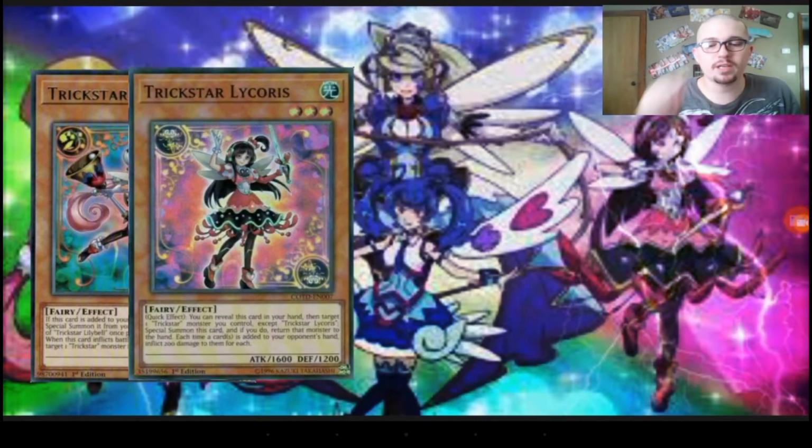Next is, of course, Trickstar Lycris. Lycris is a level 3 with 1600 attack and 1200 defense. The effect states that it is a quick effect, and you can reveal this card from your hand, then target a Trickstar monster you control, special summon this card, and return that monster to your hand. Now, this is very, very important because the effects of Lycris do stack. So you only need one Trickstar monster on your field in order to special summon 3 Lycris from your hand